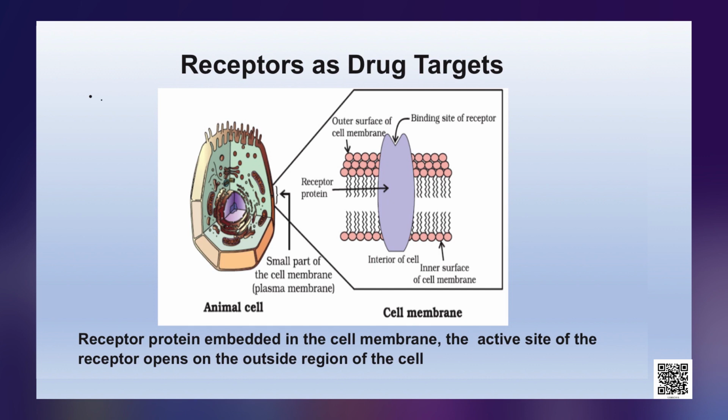Receptor proteins are embedded in the cell membrane in such a way that their small part possessing the active site projects out of the surface of the membrane and opens on the outside region of the cell membrane, as is clear from the picture. In the body, messages between two neurons and between neurons and muscles are communicated through